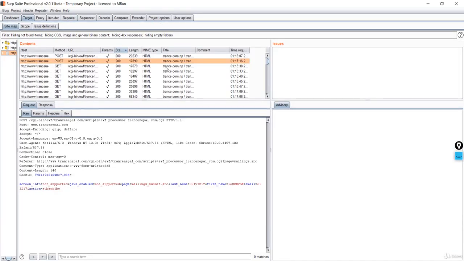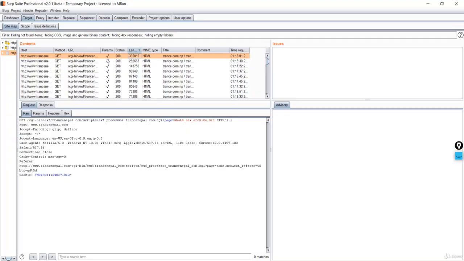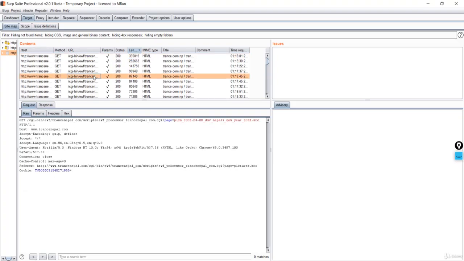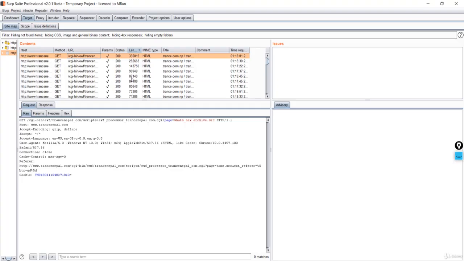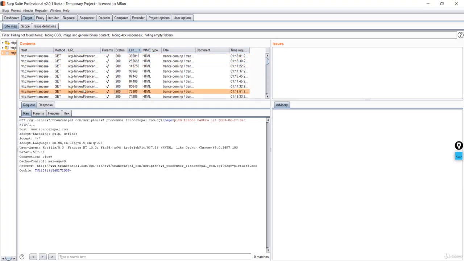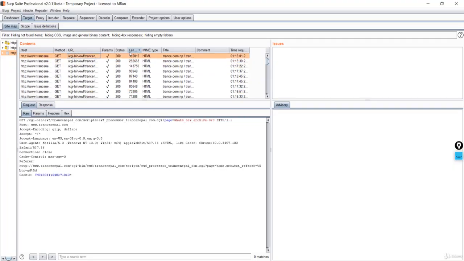So you can go to the target, you can see the parameters, and you can see the status over here, and this length field is important. If you have a higher length, then it is most likely the page or link that is going to be exploited. This GET method or this link has the most length because it has been checked by the scanner more than other links. That means it has high chances of being vulnerable. So mostly we check the POST method, and if POST is not vulnerable, then we go to the GET with the most length.